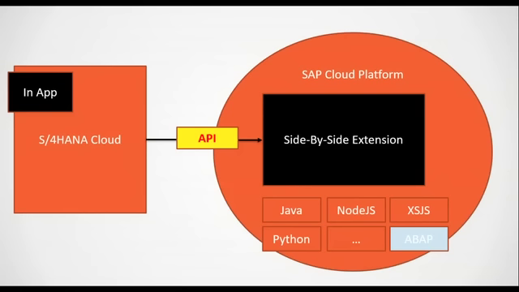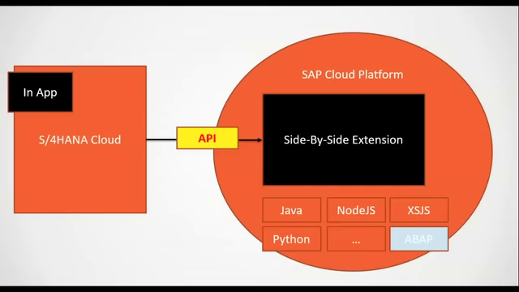Yet if you want to go beyond the boundaries and build a completely new solution, let's say I want to build a mobile app, a purely custom mobile app which I want to give to my field engineer working in the plant. In that case, I don't disrupt the existing S4 HANA Cloud. Rather, I would expose the data via an OData service, and outside S4, I will be building a side-by-side extension